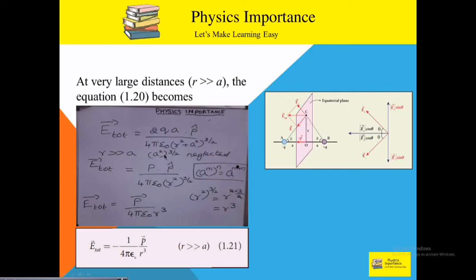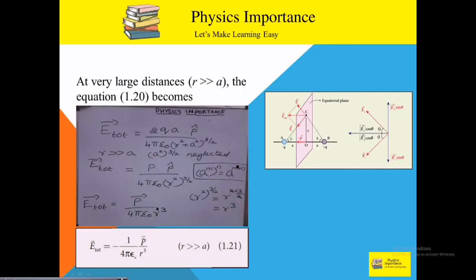Now here A square the whole power 3 by 2 can be neglected, isn't it? So what remains? We have R square the whole power 3 by 2. R square the whole power 3 by 2 means we can write it as R into 2 into 3 by 2, by using the formula A power m the whole power n is equal to A power mn. So here the 2 cancels and we will be getting R cube.